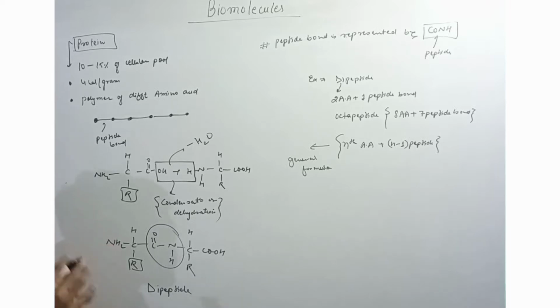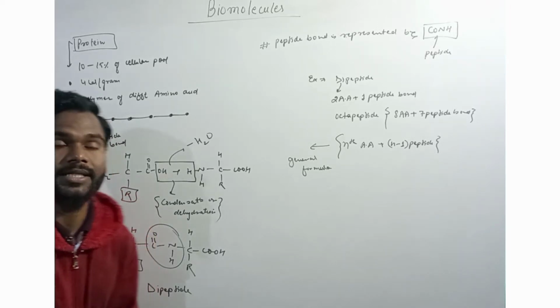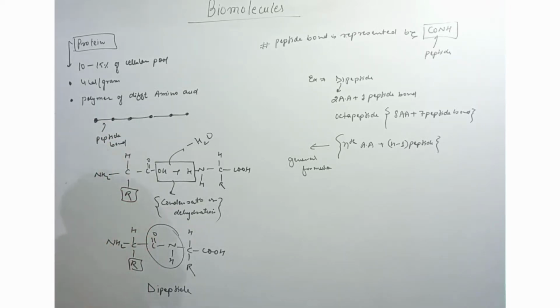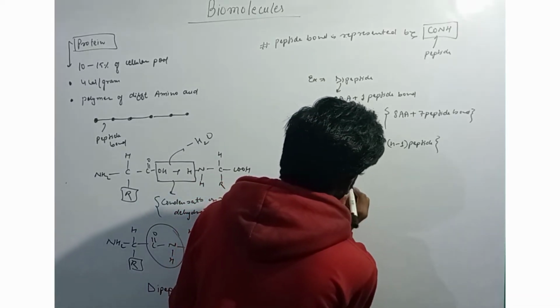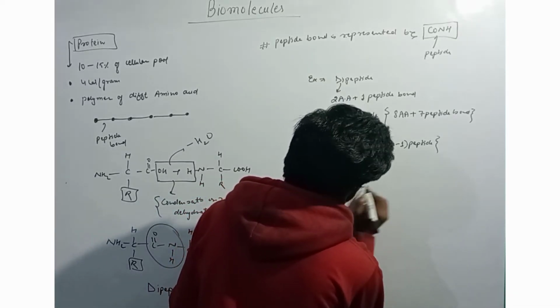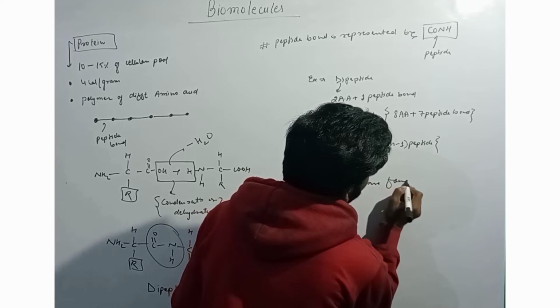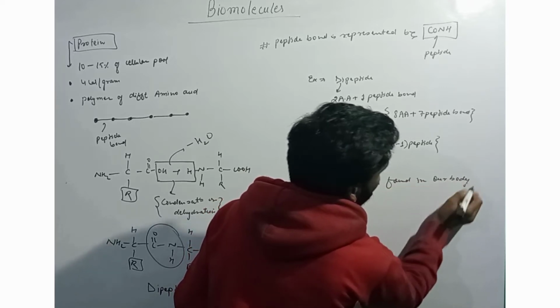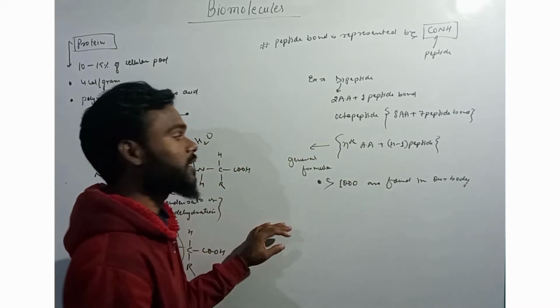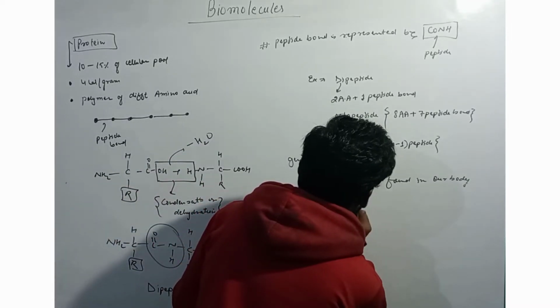There are 20 standard amino acids found in proteins, due to which, by simply applying permutation and combination, we can make different kinds of protein. So there are more than thousands of proteins found in our body. That's why protein is called